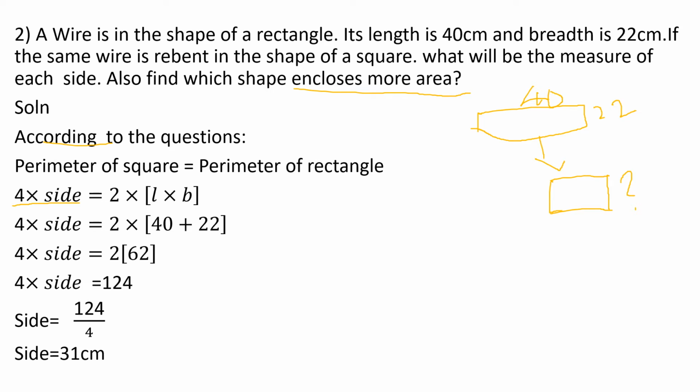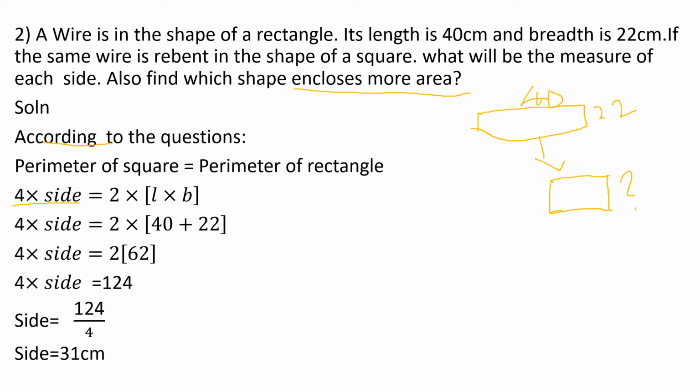Now, 4 into side, we don't know side. We want to find out, right? But we know the length and breadth. So, you write 4 into side as itself, no changes, is equal to 2 into, what is the length given in the question? 40. So, in the place of L, you will be writing 40. You can also do with me, children. If you're just listening, it won't be good. So, you can take a rough note and do with me. So 2 into, in the place of L, you will be writing 40 plus in the place of B, what is given? 22. So 22. Now 40 plus 22, you are getting 62. So 2 into 62, right? 4 into side, as it is, no changes.